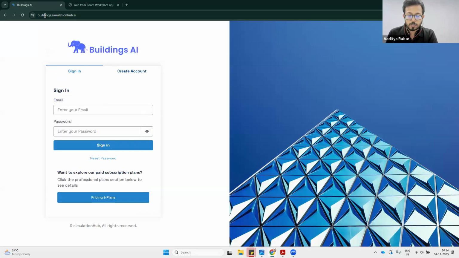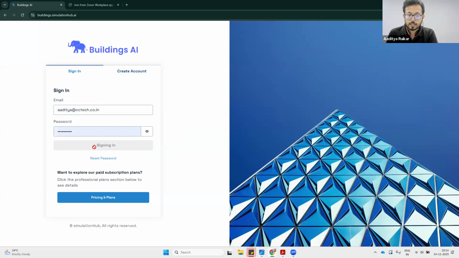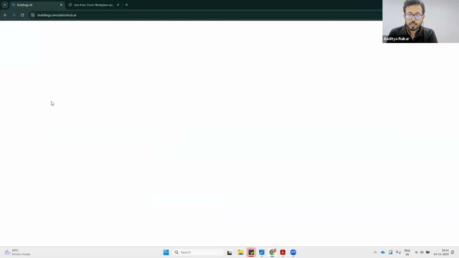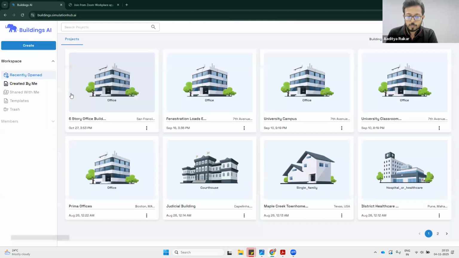Once you click on that, you have to enter your login credentials. After login, you will land on the Buildings AI dashboard, where you will be able to see all the current projects created and past projects. Now I'll walk you through the